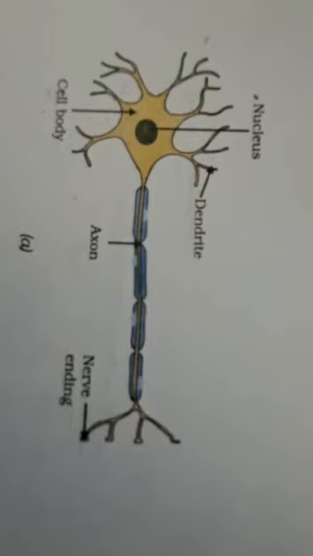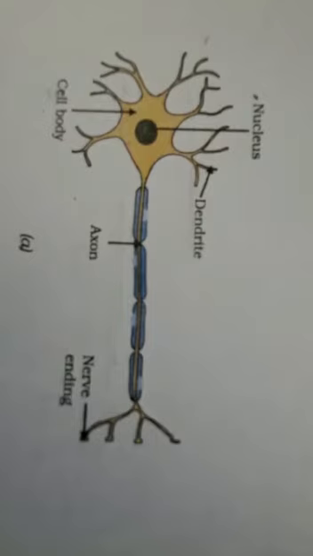The dendrites of the neuron receive the information. The axon passes the information to the next neuron. The dendrites of a neuron, by receiving the information, start a chemical reaction that generates an electric impulse. This electric impulse travels from the dendrite to the cell body and then along the axon and finally reaches the